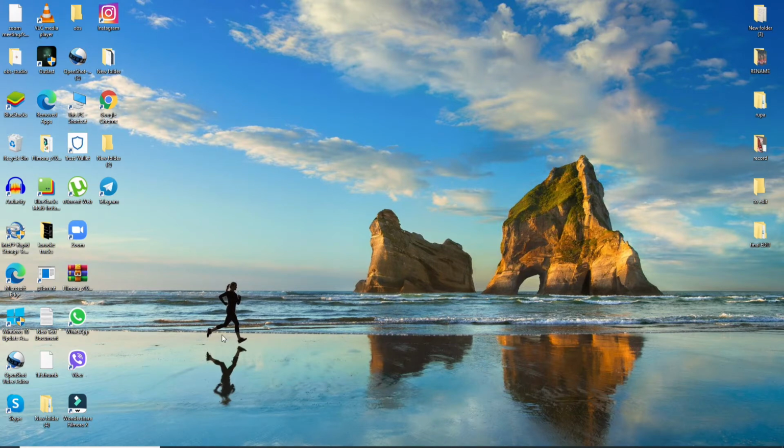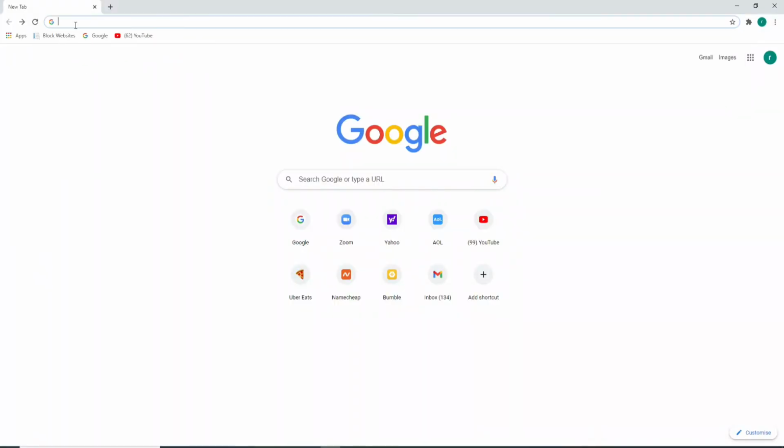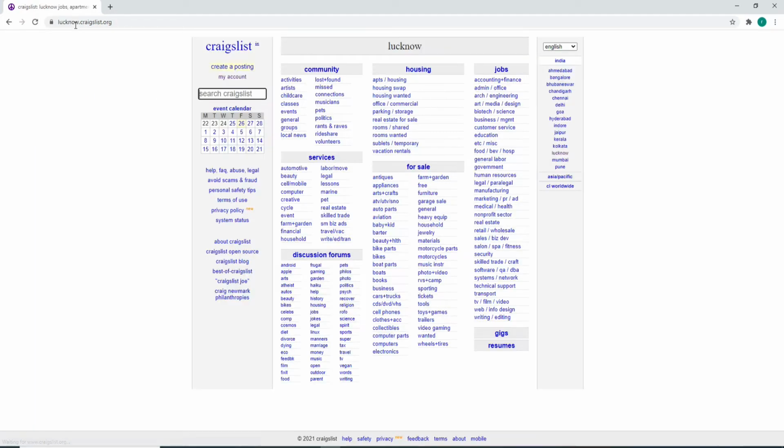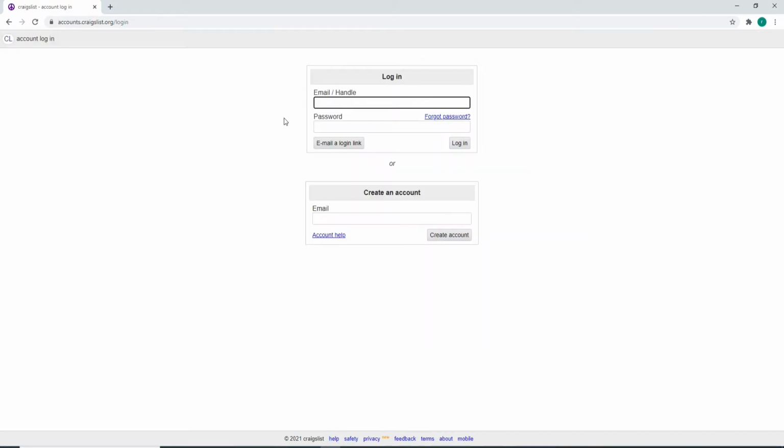To log into Craigslist, open your web browser first. As soon as you do that, type in craigslist.org. Hit the enter on your keyboard and you'll be taken to the official website. Click on My Account at the left hand side, and as soon as you do that, you'll be taken to